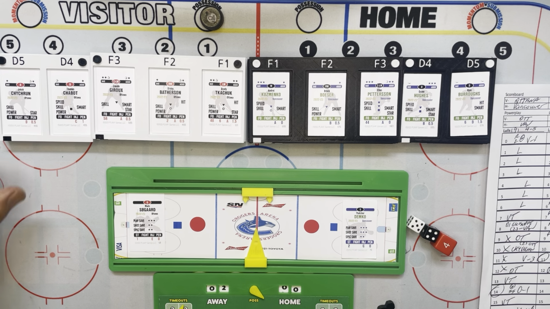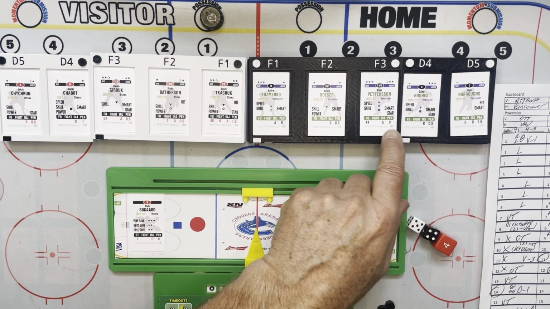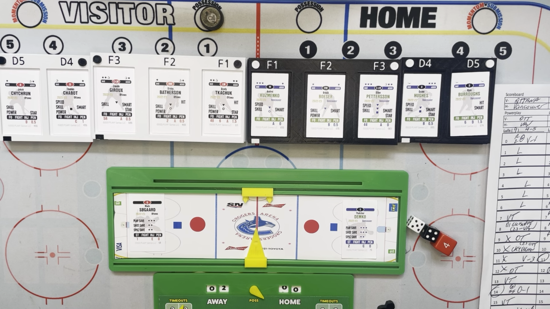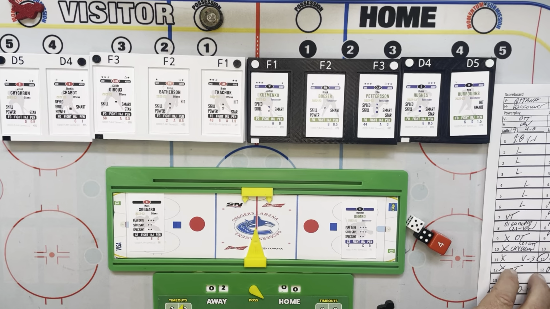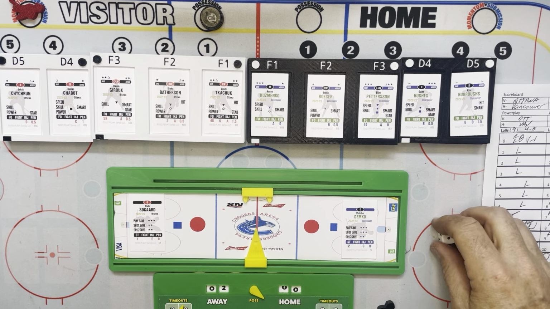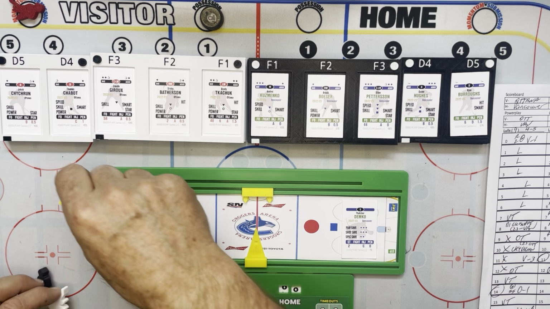We're looking for momentum. 2 hits here. Oh, maybe I should add JT Miller up here. They only have the 1 hit there, so they're going to get control of the puck. They're also going to get a shot on net with momentum. The shot is going to be a 3, so it's going to be a 4-2-3. So 4,